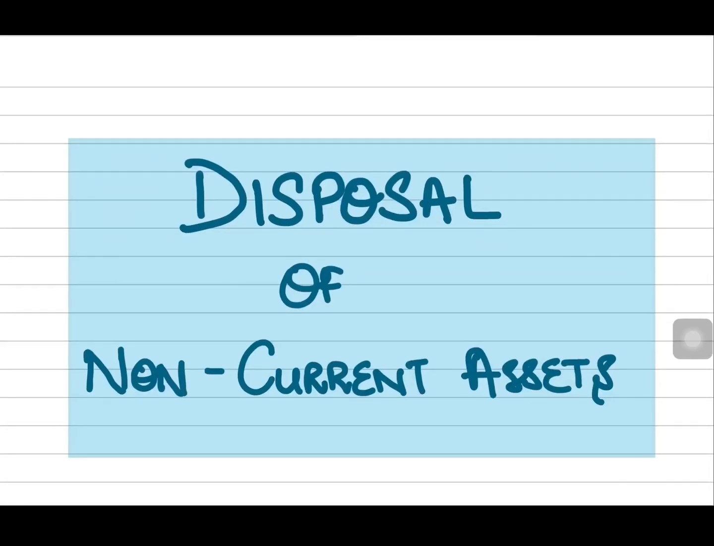So in this video we'll be learning about the disposal of non-current assets. So what do I mean by disposal? Disposal means that the business decides that it does not require a non-current asset anymore. It does not require the services from the use of that non-current asset in the business anymore. So either the business sells this asset at a lower price than its cost,